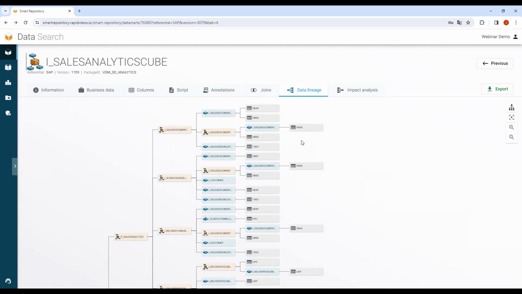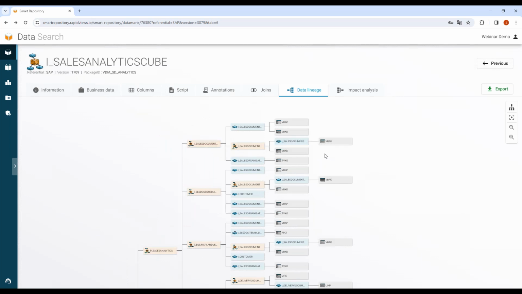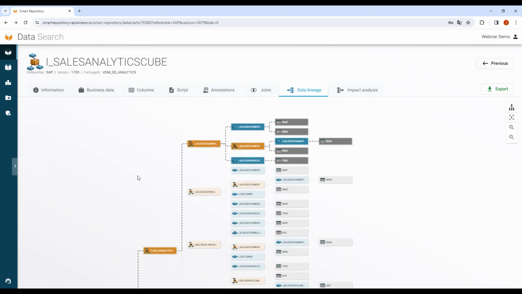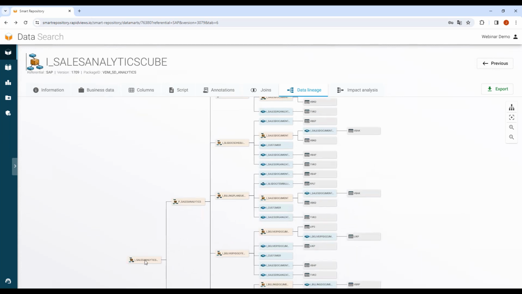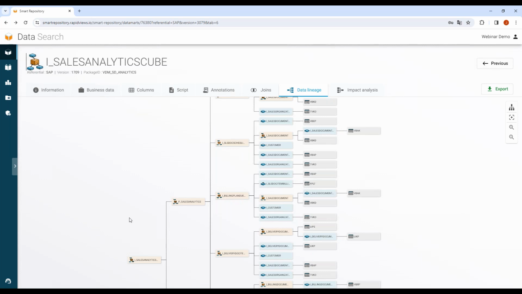If this field is missing in the view, I can see it directly through the lineage. For example, if I decide to add a field from the VBAK table, I can see in this lineage that I need to add the field in the E-Sales Document view, in the other views, and in this view, to propagate the modification until my I-Sales Analytics Cube view. Okay.